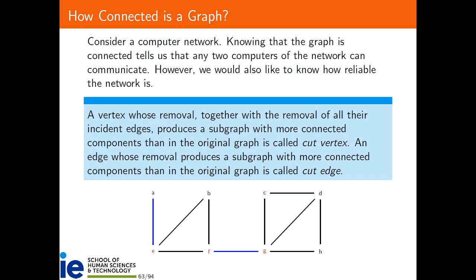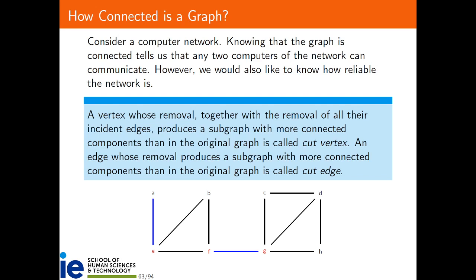Let's consider next cut vertices. Now, when I remove a vertex from a graph, I do not simply remove the vertex, I also remove all edges incident to it. So let's suppose that I were to remove the vertex A. If I remove the vertex A, I also need to remove the edge AE. But then if I were to remove all this, my graph would still be connected, and therefore A is not